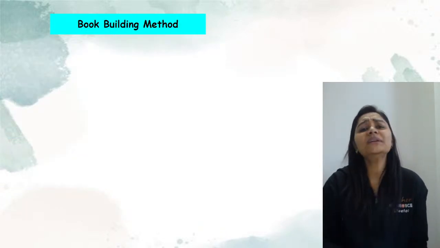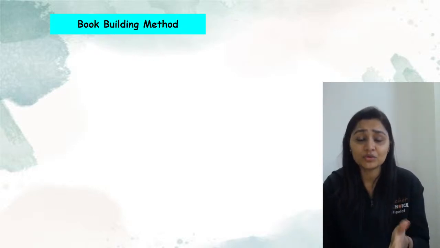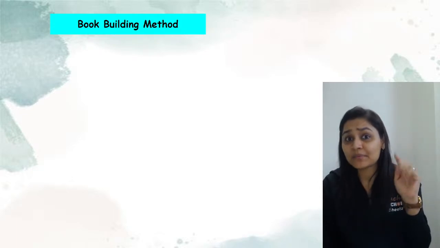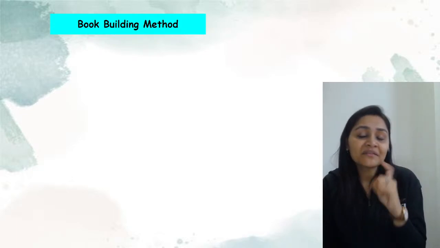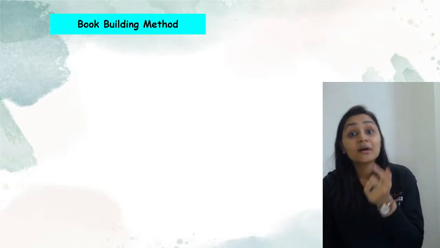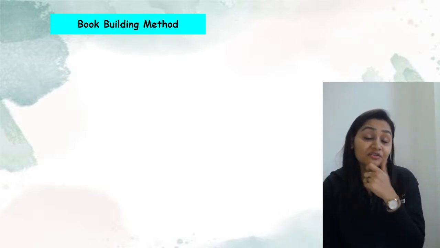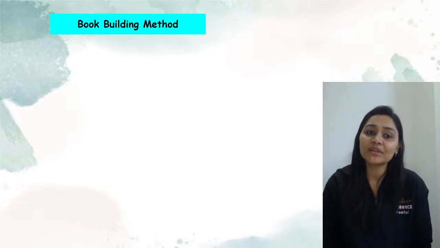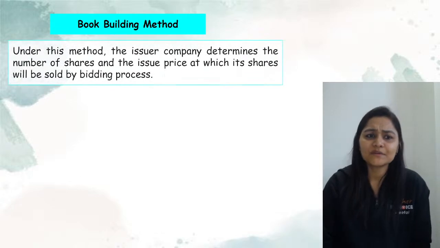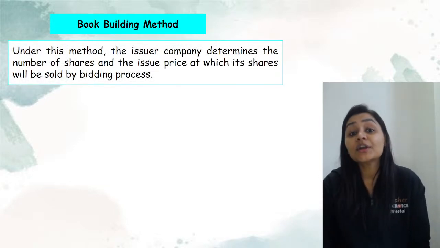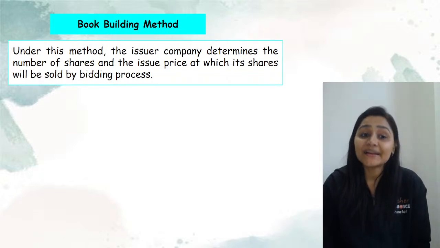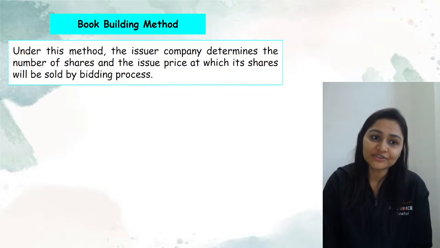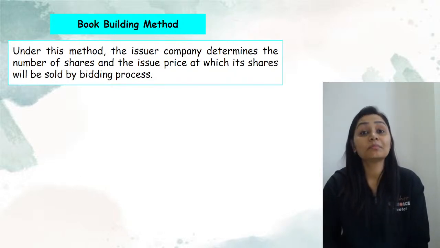Now, book building method क्या बोलता है? अब ये कहाँ है हम लोग? Let me quickly connect with what we were studying. We spoke about issuing of shares के method 4 थे. उसमें से first one was public issue. Public issue में there were 2 methods, fixed price issue and book building method. So now here we are with the book building method. What happens here? Under this method, the issuer company is going to identify the number of shares and the issue price at which its shares will be sold, but